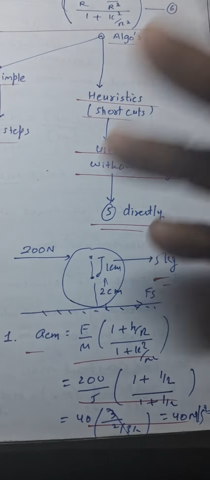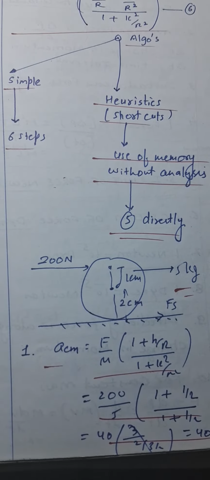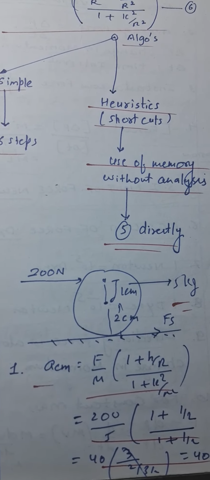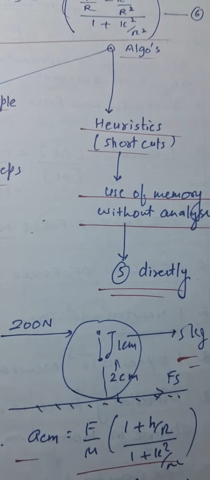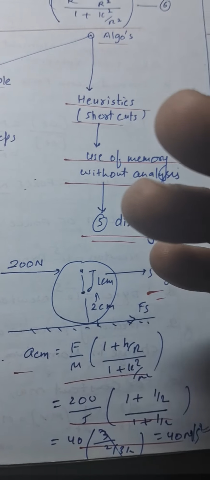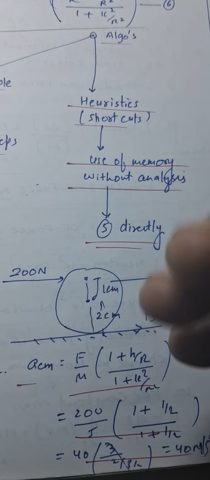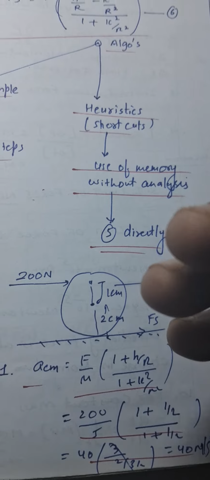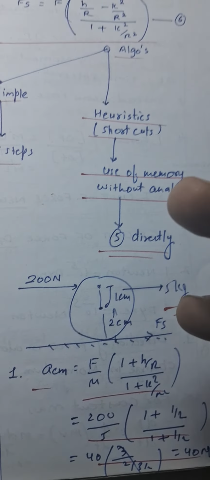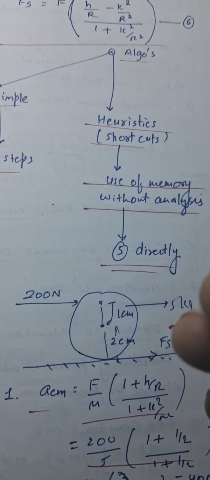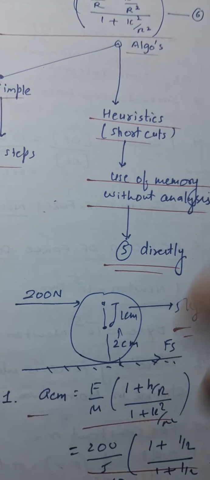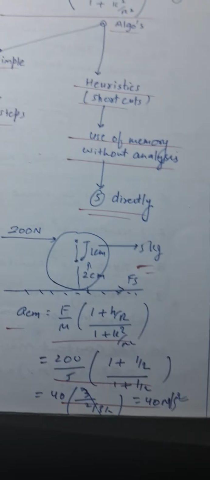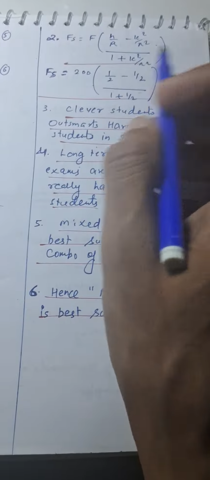So you have seen that using a heuristic saves your precious time, and you are not stressed, not drawn into a feeling of negative vibrations from the complex algorithms. So if you can bypass the complex algorithms for at least some questions, that saves your precious time and energy and your vibration level, and you can perform better. Using the similar thing, we can get friction is equal to